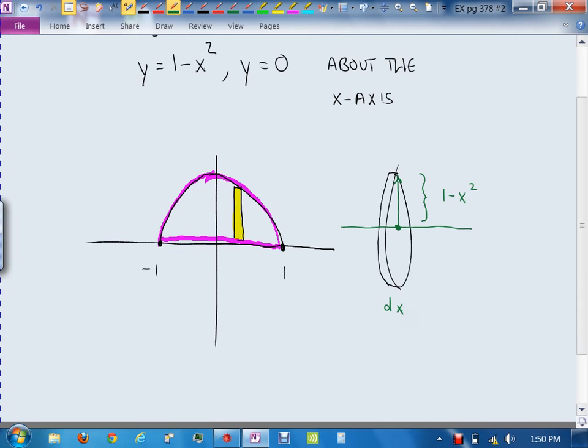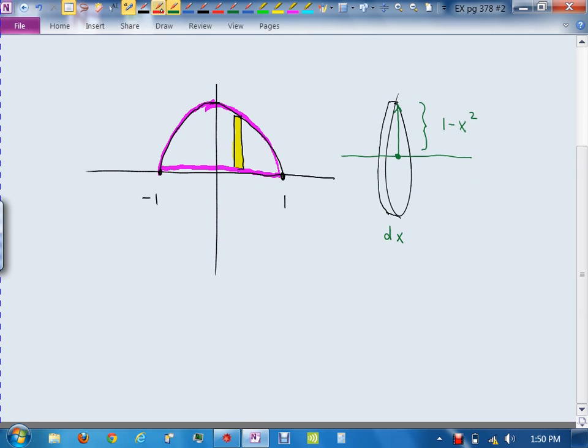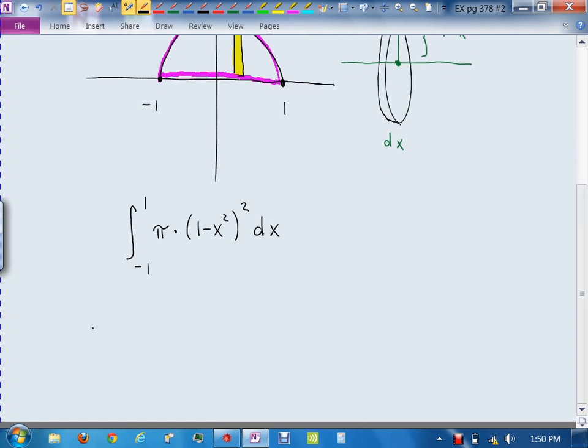And my integral is going to now be ready to be set up, isn't it? What's the integral? Where to where? -1 to 1, because you want both sides. You want the whole thing over. -1 to 1 of pi times the function 1 minus x squared, but then squared dx. Which becomes pi